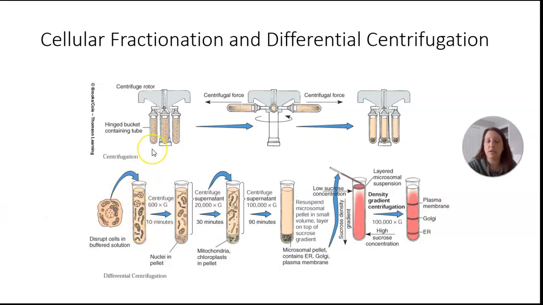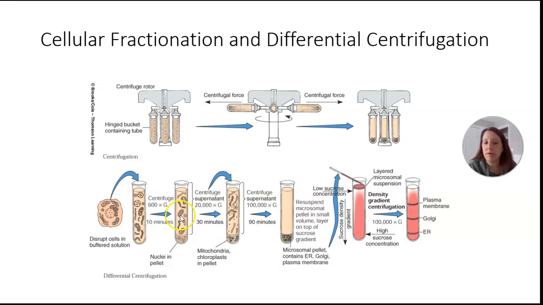This is where you use centrifugation. There's an instrument called a centrifuge, which allows us to spin samples at different speeds for different times, and it allows us to separate out the components. So for example, if I take my test tube and put it in the centrifuge and spin it at 600 Gs for 10 minutes, what I'm going to get down here at the bottom of the tube will be the nucleus. That's how I separate out the nucleus. I can then take all this liquid on top containing all the other organelles, which is called the supernatant, put it into a separate tube, and now I'm left with just the nucleus. I can study the nucleus on its own.